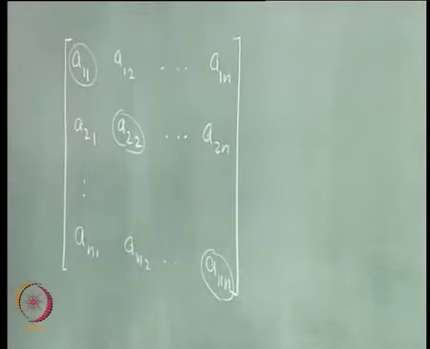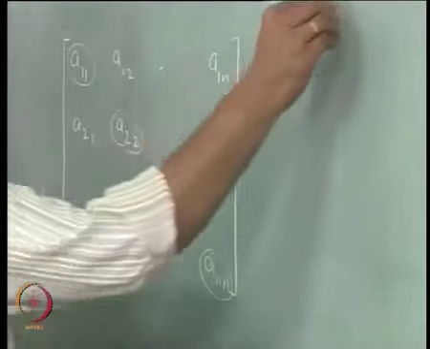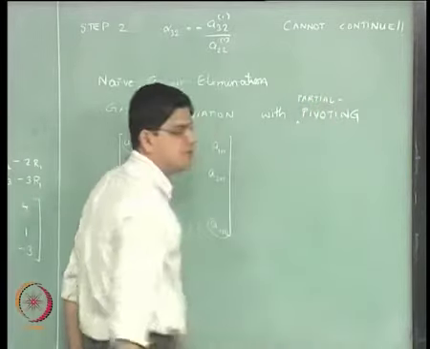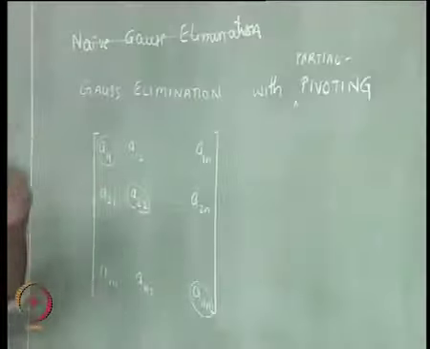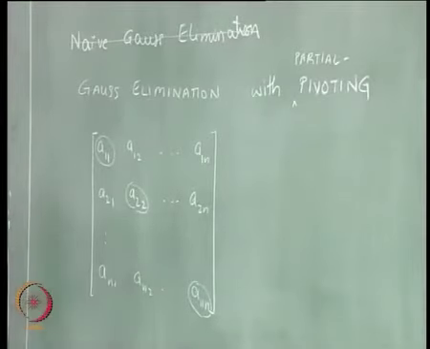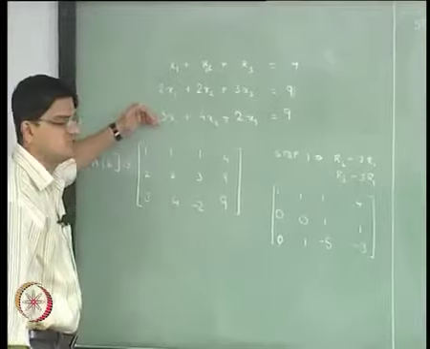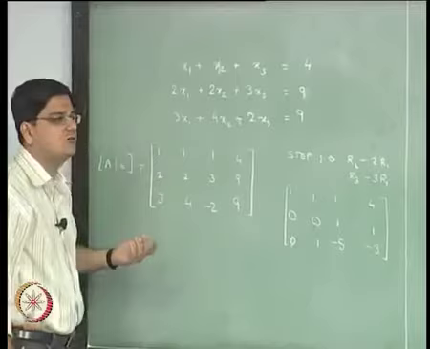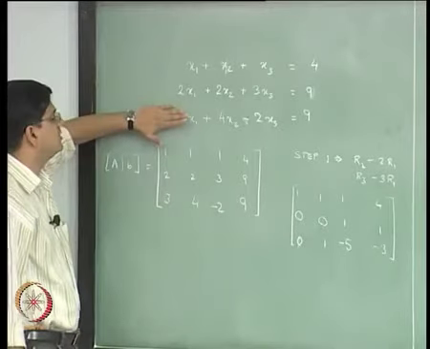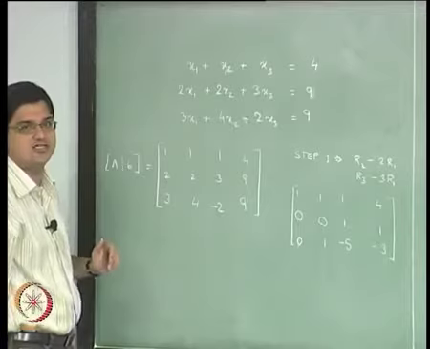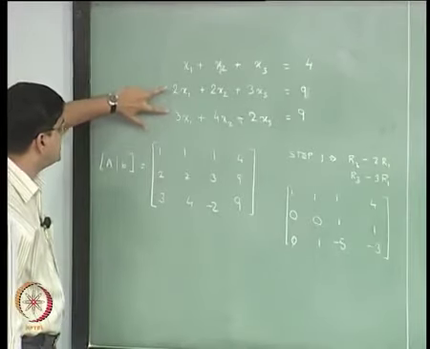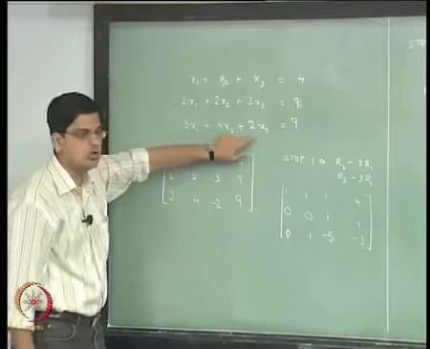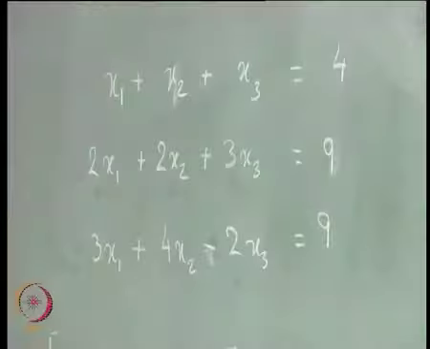The idea of pivoting, or more appropriately the idea of partial pivoting, comes from the fact that if you have n equations, in this particular case when we had 3 equations, our labeling these 3 equations as equation number 1, 2 and 3 was our choice. We could have very well called this particular equation as equation number 2 and this equation as equation number 3. What it means is that if we were to interchange these rows, so if this was to become row 2 and this was to become row 3, the solution does not change.